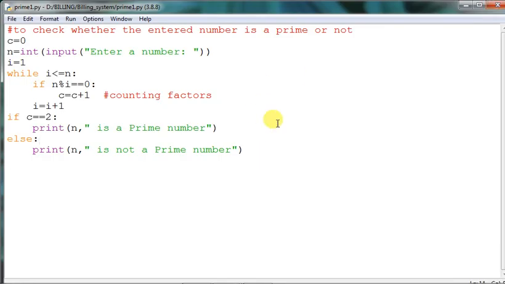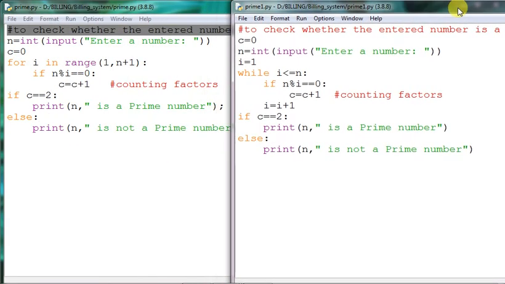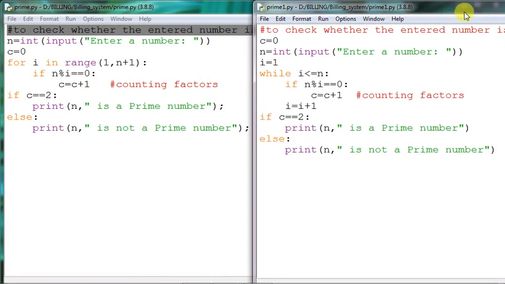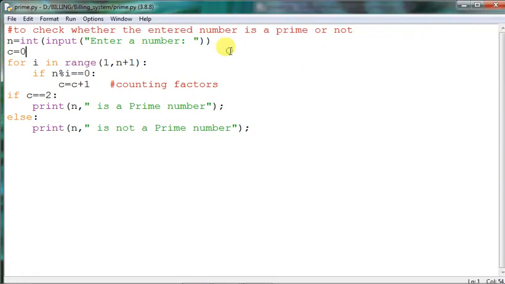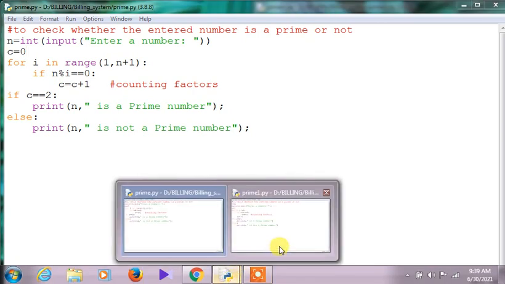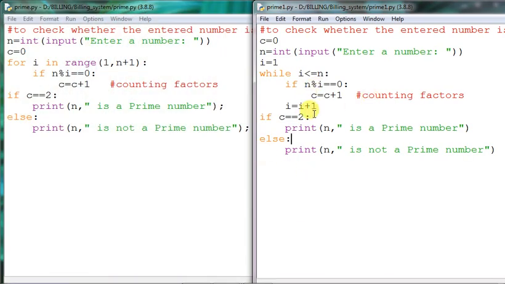Okay, so we have used both the logics, both the types of loops. So this is the for loop and this is the while loop. The main difference is that we have used a range function, but here no range function we do have. So here the main logic is similar, that is not a difference. The difference is over here. Here we can't see the step. What we have given out here, I equals to I plus 1, this is actually the modification step which is absent out here, because the purpose of the range function is to execute a program with updation step 1. That is by default. Any other step you have to mention, that I had told you earlier also.